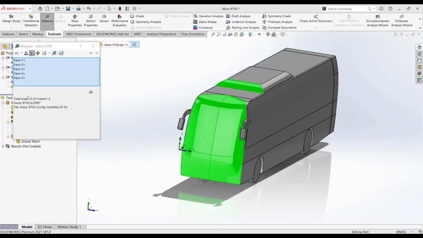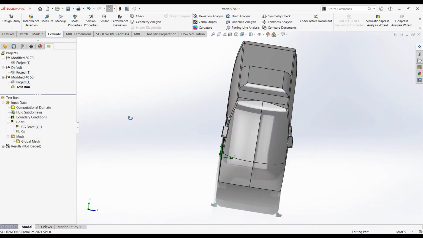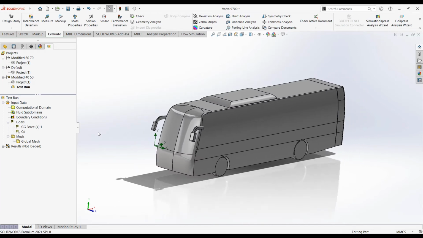It gives the value here, 10.23. I have even selected these faces, so on average it's 10.6. So I took this 10.6 meters squared as my reference for the frontal area, and I have added it into this.